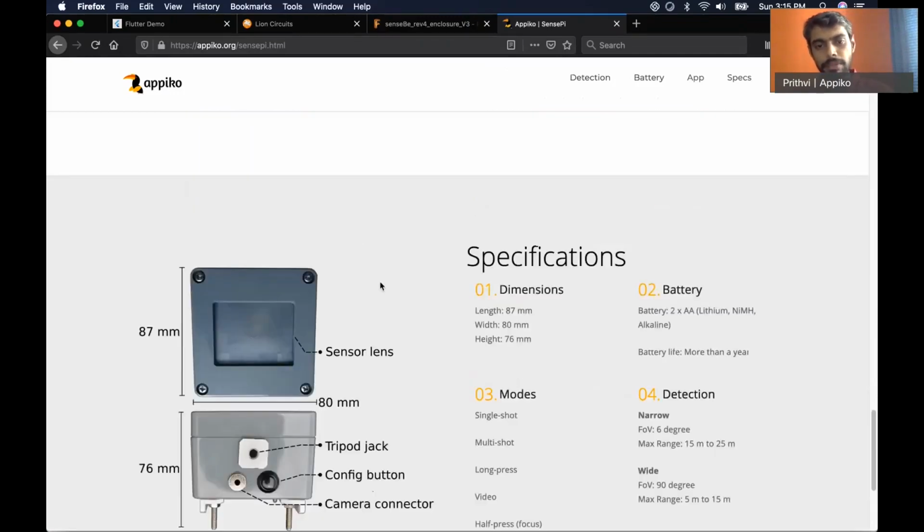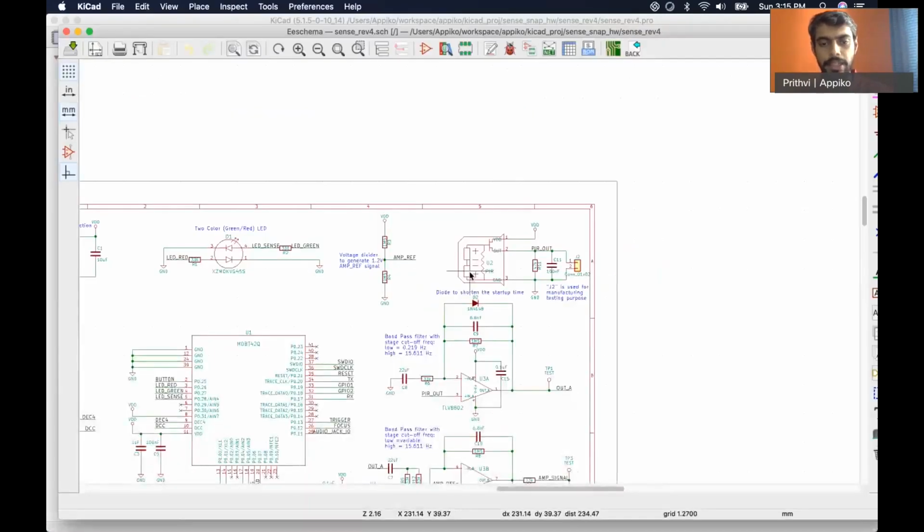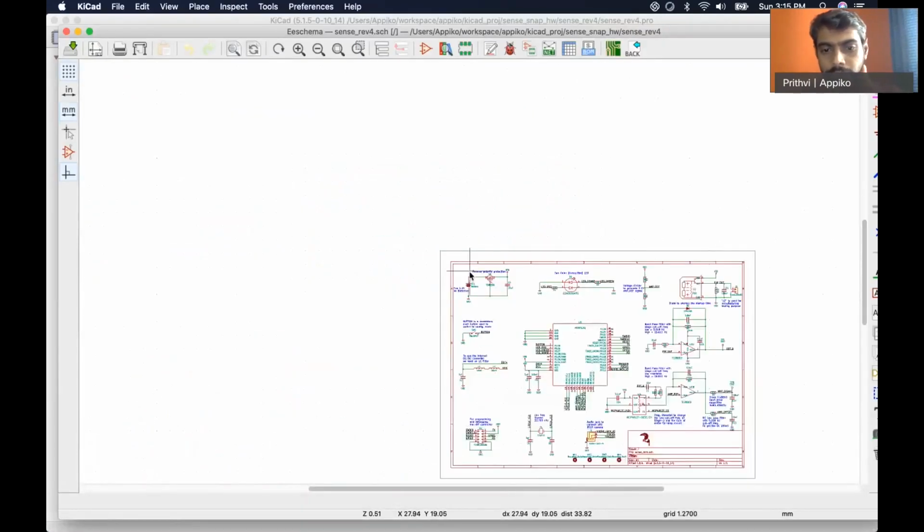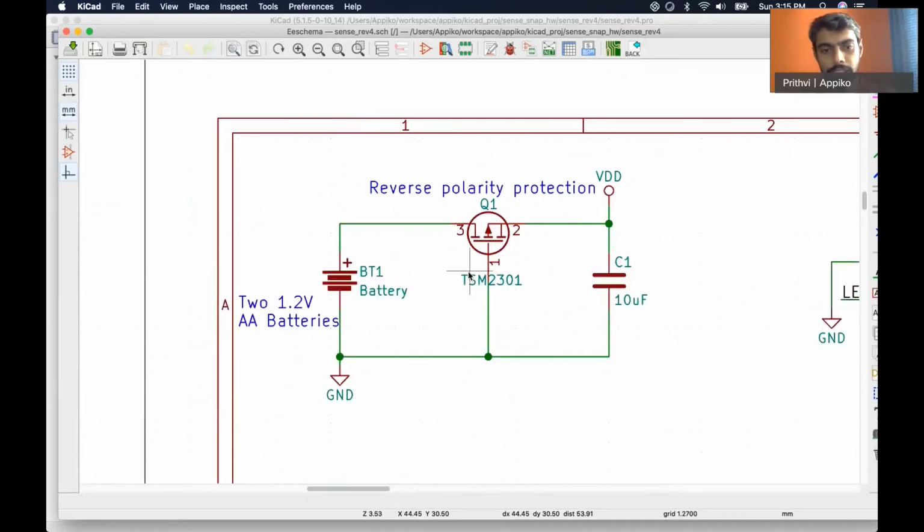So with this background, let's take a look at the entire schematic. We have two AA batteries powering the system. This is because in the field, in the jungle, the forest, wherever they're setting up these systems, it's easier to replace batteries which are available commonly and ubiquitously than to have a USB charger, which is harder to charge in the field. It's just easier to replace batteries. So that's the reason why we chose two AA batteries.